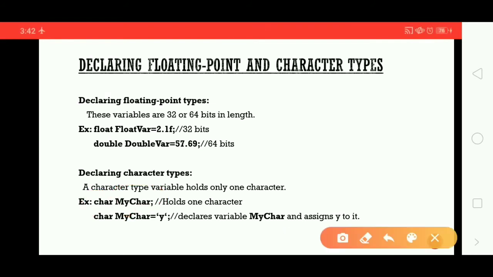Here in the second line I assigned the value y for my char variable within single quotes. You can remember that each and every character has a Unicode value. Here in our example I used the character y.